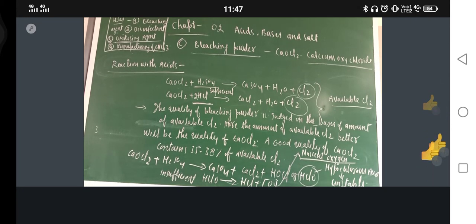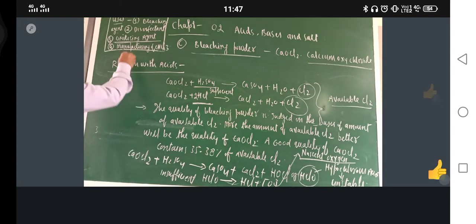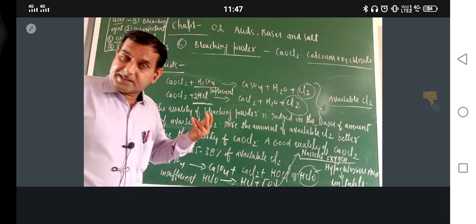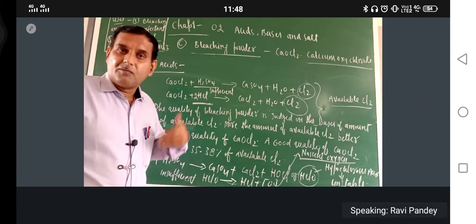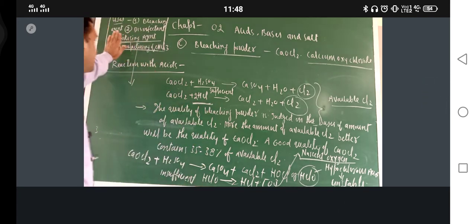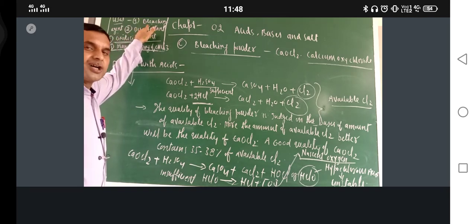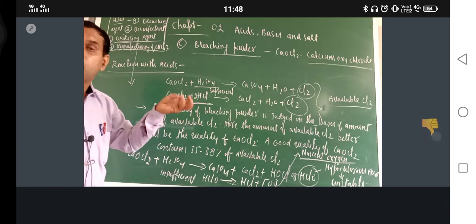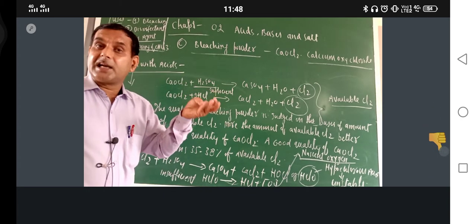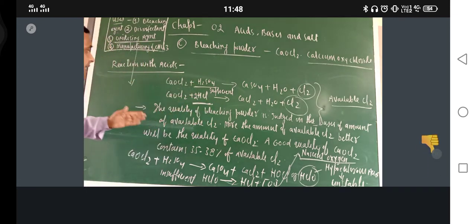So just see, it is used in the manufacturing of chloroform. If its smell is inhaled, a person or animal becomes unconscious. So these are some of the uses: bleaching of wood pulp, bleaching of foodstuffs, bleaching of cloths. It is used in the food industry, the textile industry, and the paper industry. It has a variety of applications.